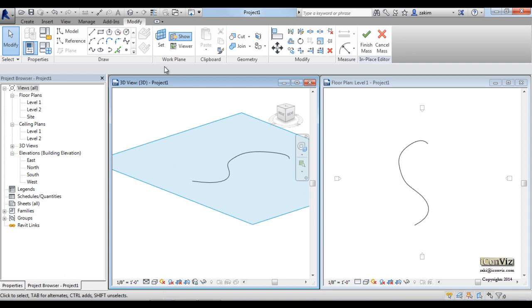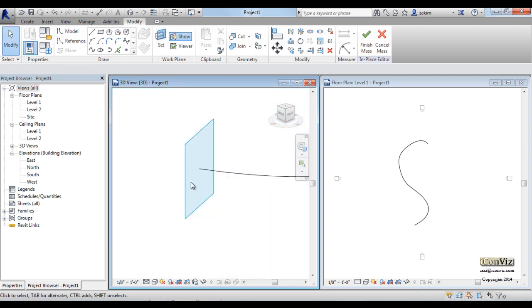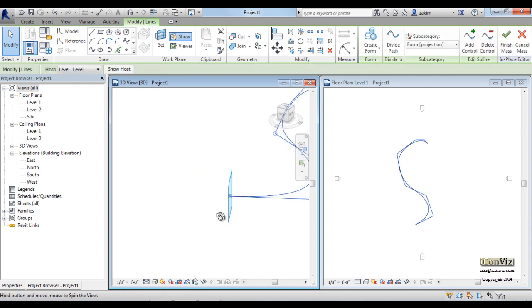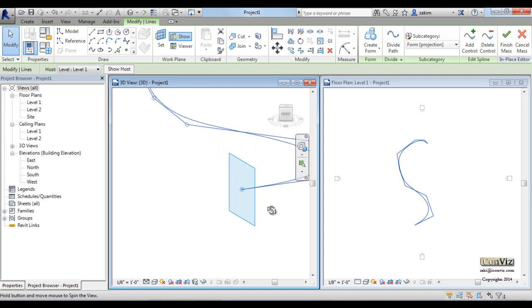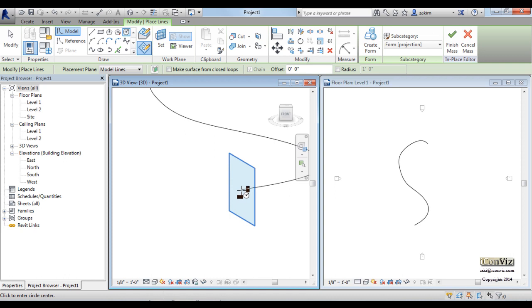Okay. So I'm going to re-change it, or set the work plane. Let me see if I can check this point. You see the end of this spline? If I select this point, the work plane becomes the one perpendicular to this point. Is this clear? So now this is my drawing space. This is my paper. Work plane means paper. So if I draw a circle over here,